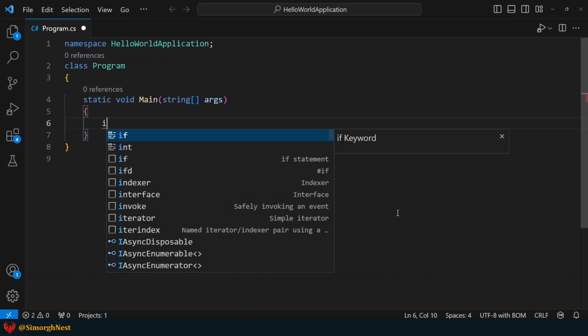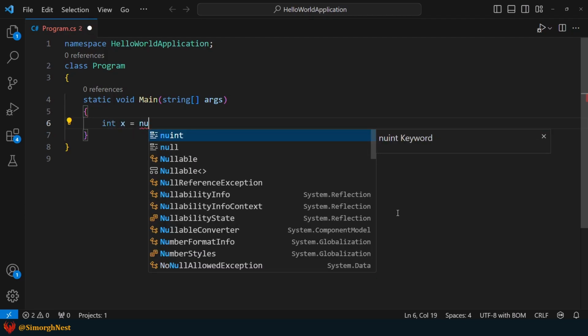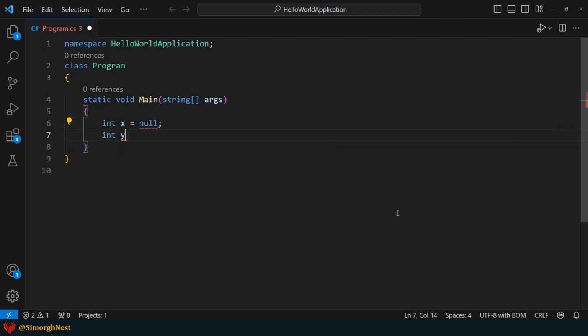Okay, let's declare two variables named x and y and assign null to them. As mentioned earlier, we cannot assign a null value to a variable of type int. To make it nullable, let's add a question mark after these types. Now, let's chain multiple null coalescing operators.